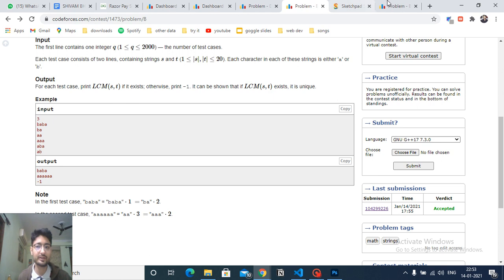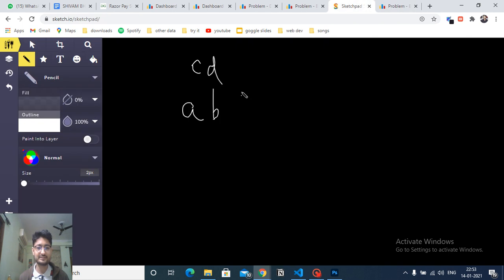I'll walk you down to one of the examples. But also there is one more condition. As you can see, if these are the strings, you cannot make the LCM string. Why? Because both of the strings are different. How can you find a string which is an LCM of both? It means that there are two strings, one larger and one smaller or equal to that string, and the smaller string should be a subsection of the other string.